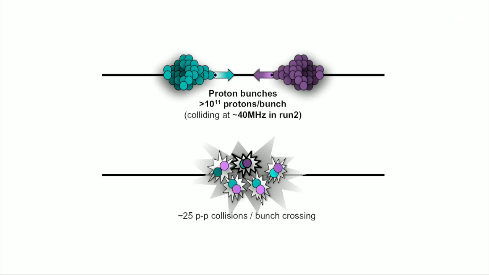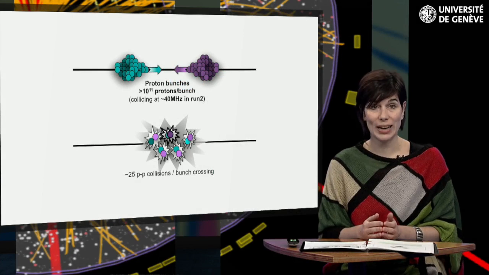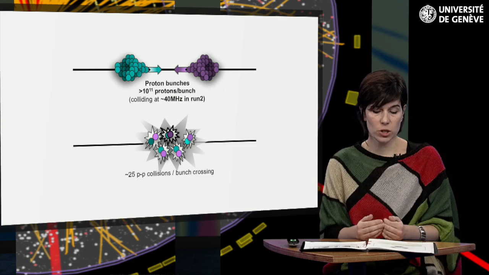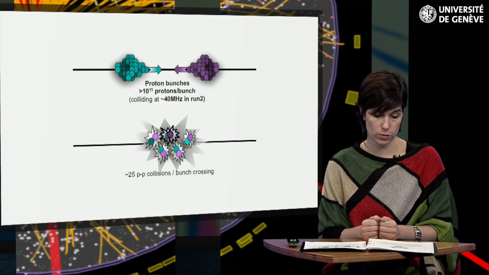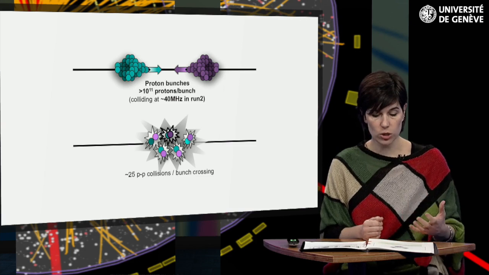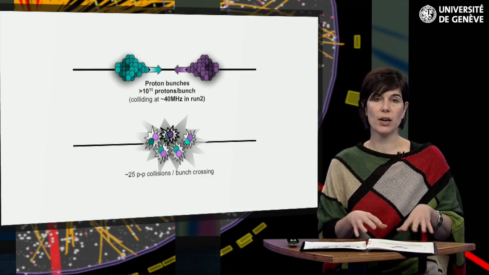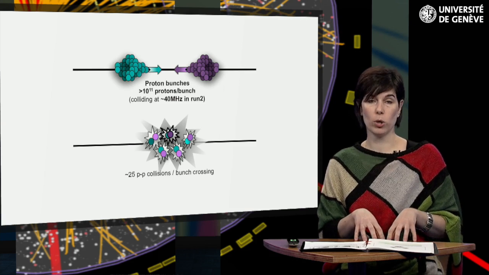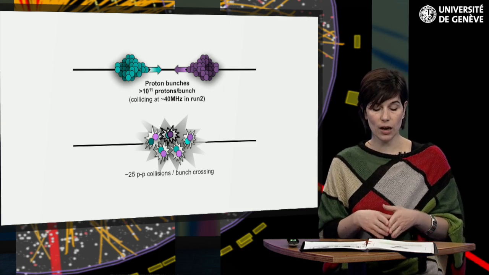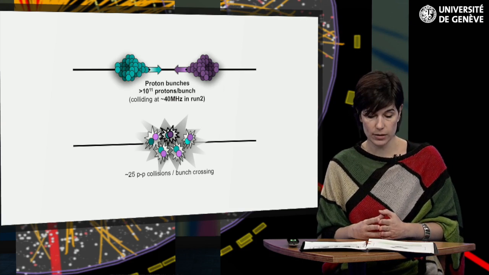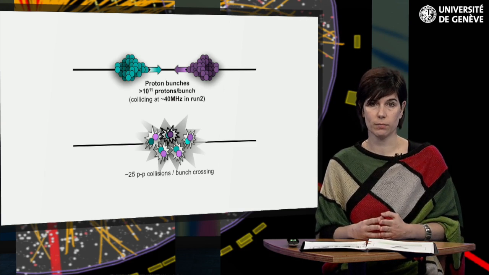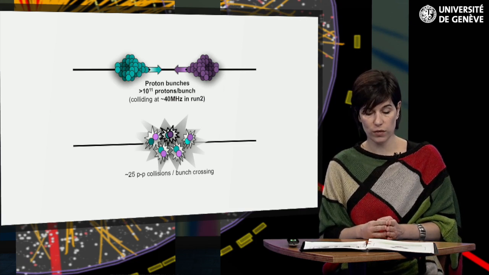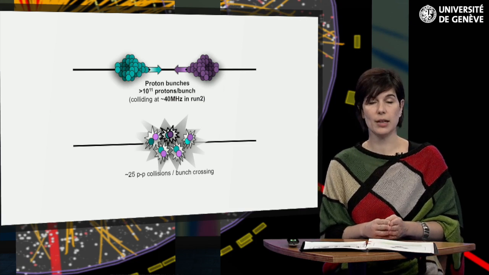One of the most significant challenges comes from what we call pileup. At the LHC, protons don't collide individually, but in bunches of hundreds of billions of protons. This results in multiple collisions in a bunch crossing, leading to several low Q-squared reactions. Distinguishing the hard scattering process from the rest and understanding how pileup affects the distribution of interest are both very difficult tasks.